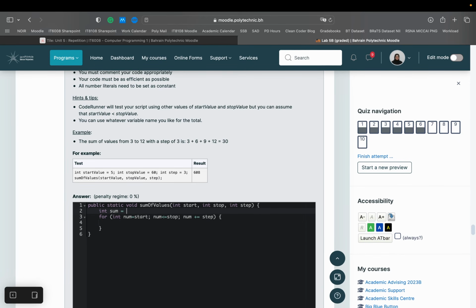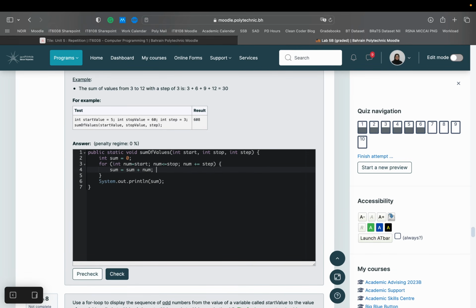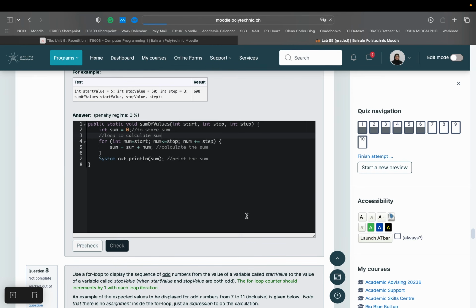Now you need to keep track of the sum. So int sum is equal to 0, and then finally display sum, system.out.println sum. But here you need to calculate the sum. So sum is equal to sum plus num. Now calculate the sum, print the sum, store sum, loop to calculate sum. Okay, if you check,